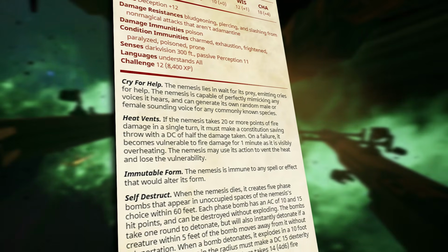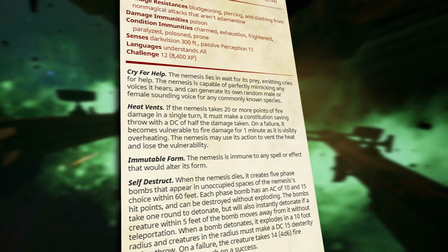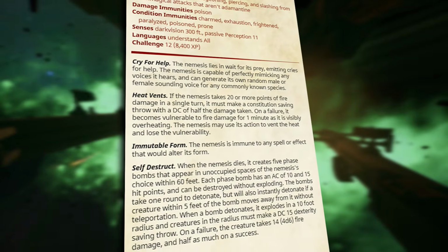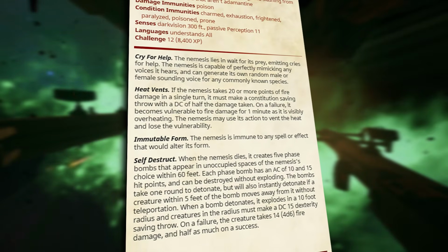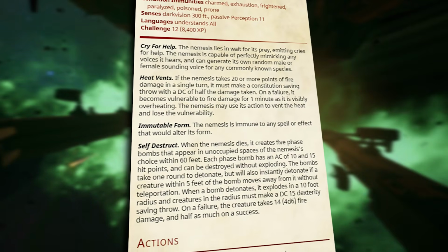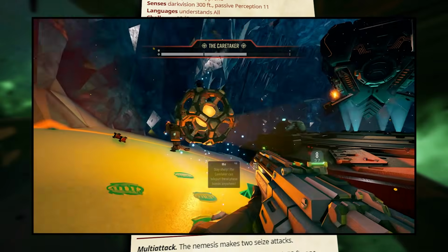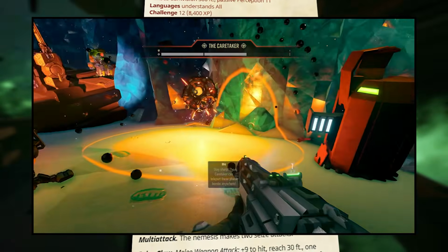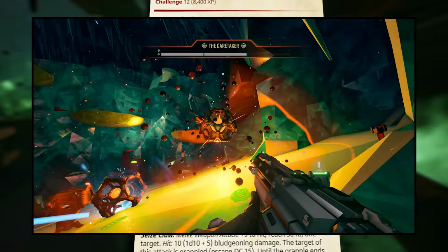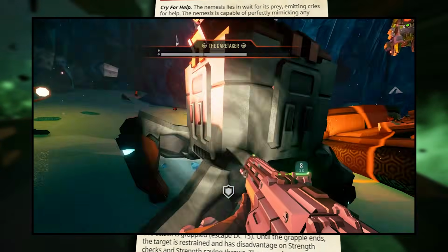genre all by itself. The Nemesis can use this ability to mimic voices it hears, but also generate its own voice for commonly known races in your world. It uses this to yell out for help and lure unsuspecting creatures. The Nemesis has a self-destruct feature where when it dies, it creates 5 phase bombs. These phase bombs take a second to detonate, but will immediately detonate if it detects a creature moving away from it. So if players want to get away, they need to do so magically, or they need to destroy the